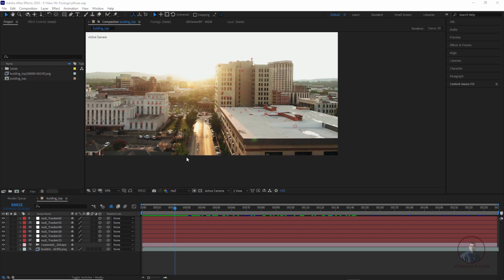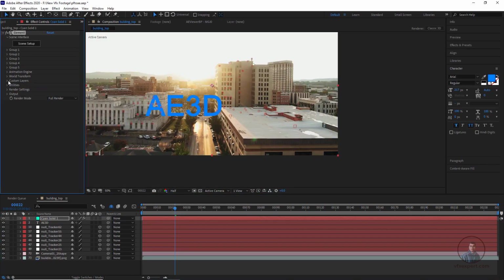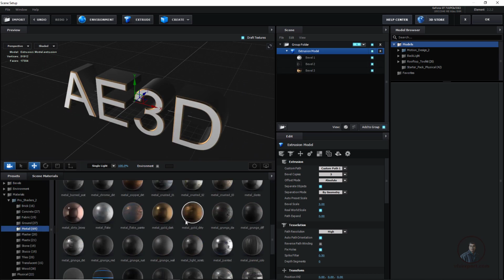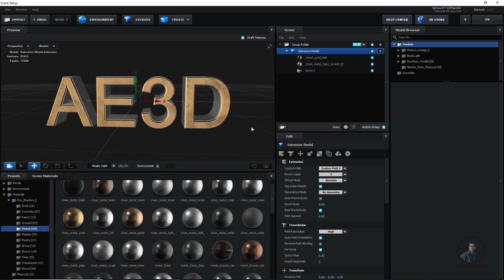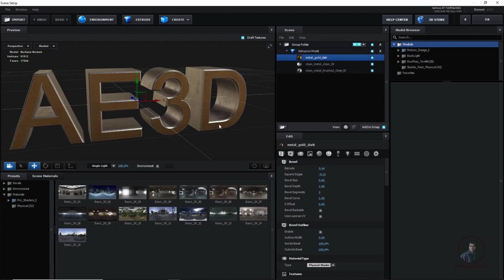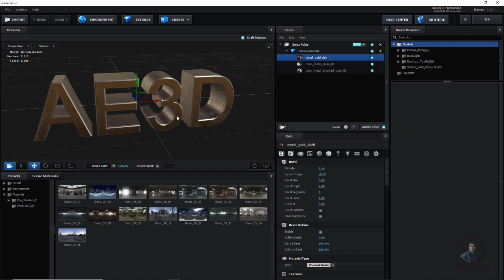Now I am going to place some 2D or 3D elements into our scene. First I am going to create a 3D text with the help of Element 3D. Simply create your 3D text here. Now I have created this 3D text.